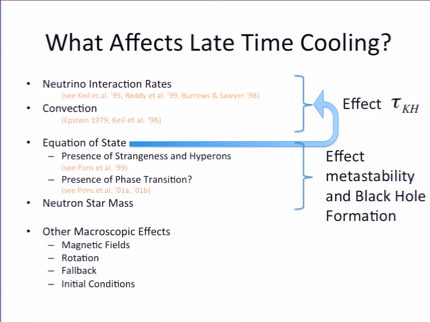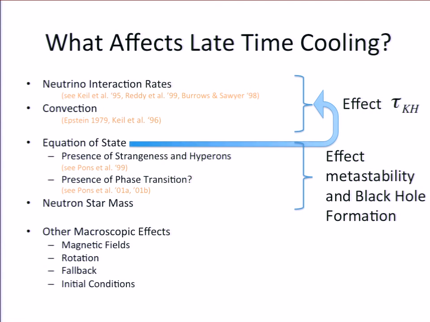But there are a lot of uncertainties in what's going on. So the question becomes, okay, what do we know well enough to be able to make some sort of prediction? What dials do we have to turn? And of course, one thing we're interested in is what's the cooling timescale of this thing? And that's just the Kelvin-Helmholtz timescale. And that's going to be affected potentially by things like neutrino interaction rates. So if I reduce my neutrino interaction rates, which are not well known in an interacting medium,